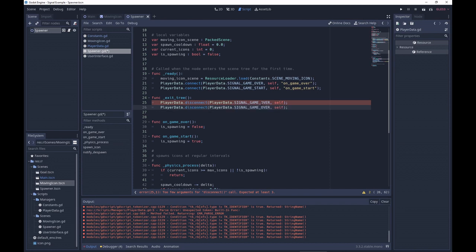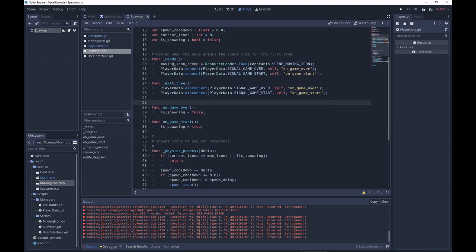I believe that is the self. I believe we need the whole thing, so we're gonna do this and we're gonna do this. Right, so now we connect and we disconnect. This is so that if the node gets removed, we remove ourselves as a caller. Great, now we've done this, and now we need to do the same thing in the